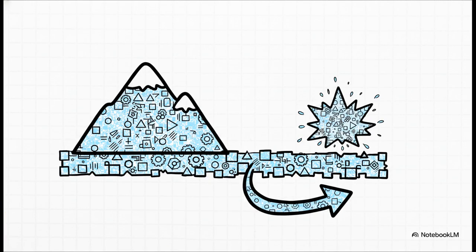Look at the contrast between a mountain and a spark. Some structures last longer. A mountain might hold its pattern for millions of years. Others disappear quickly, lasting just a fraction of a second. But they're all part of the exact same universal interaction process. And this brilliantly illustrates the grand unification of this concept. Whether a structure lasts a millisecond or a millennia, absolutely everything operates under the exact same universal interaction process. Time is just a measure of how long that specific configuration manages to hold its shape before reorganizing again.